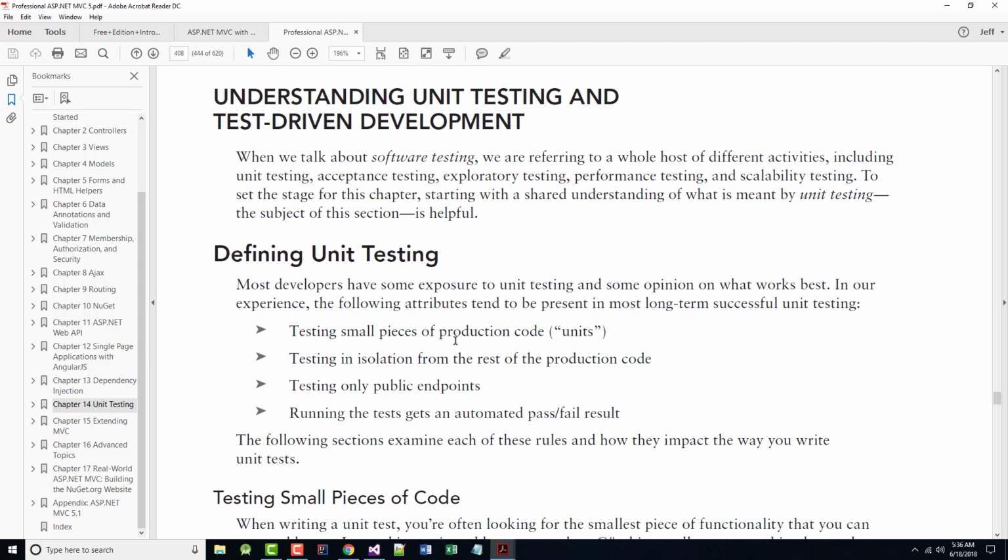Now, before we even define it, why do you test? All right, you test to make sure whatever it is you've created not only works, but if it's something that's not brand new, if you're creating something that's going to be added, for example, to an existing project, you want to make sure you don't break what's already there. So they say